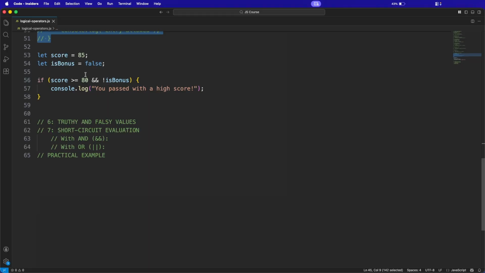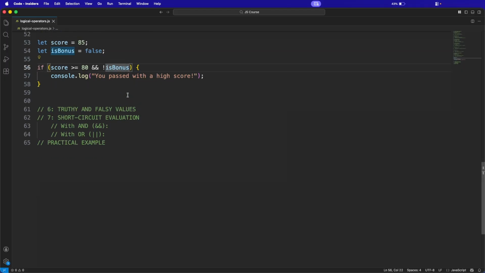We are checking if the score is 18 or above and there is no bonus applied. Okay, when combining operators, remember AND has higher precedence than OR, but it's always good practice to use parentheses for clarity. Remember this. Now there is something that comes up: truthy and falsy values,